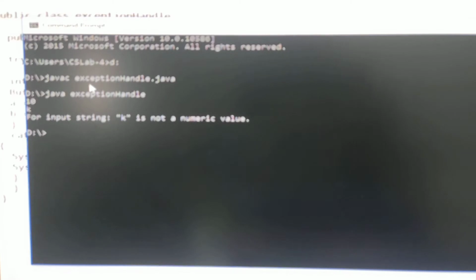We execute it: java ExceptionHandle. See, here you need to give values. For example 10, and for the second value, instead of a numeric value, I am giving a k. See here: For input string k, it is not a numeric value.